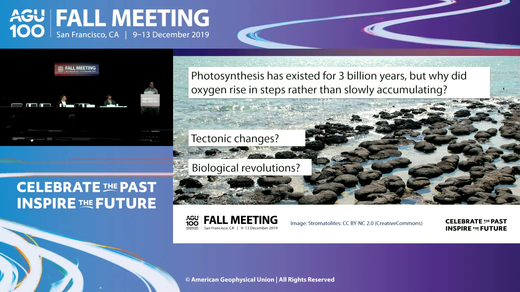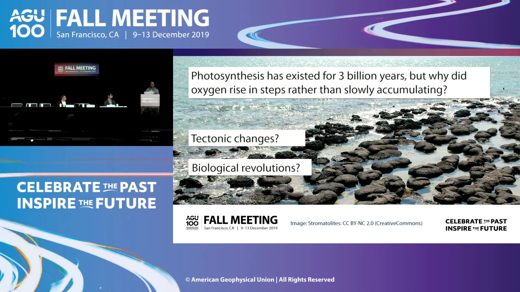Two big ones here are the evolution of eukaryote cells, so cells that have a nucleus, larger multicellular organisms that sink faster and are therefore better at doing photosynthesis and locking away that material, or the evolution of land plants that obviously bury a lot of carbon now on the land. So you have a lot of ideas about things that can cause these stepwise oxygenation events, but there's no clear consensus. And this is where we in the modeling and dynamics community have been for a while. We have lots of possible ideas about what's caused these events, but we don't have a consistent view, and we don't even know if they're really necessary.